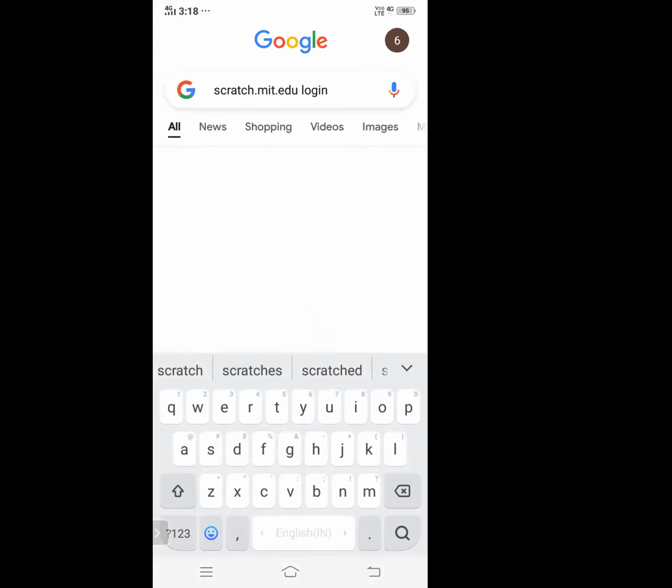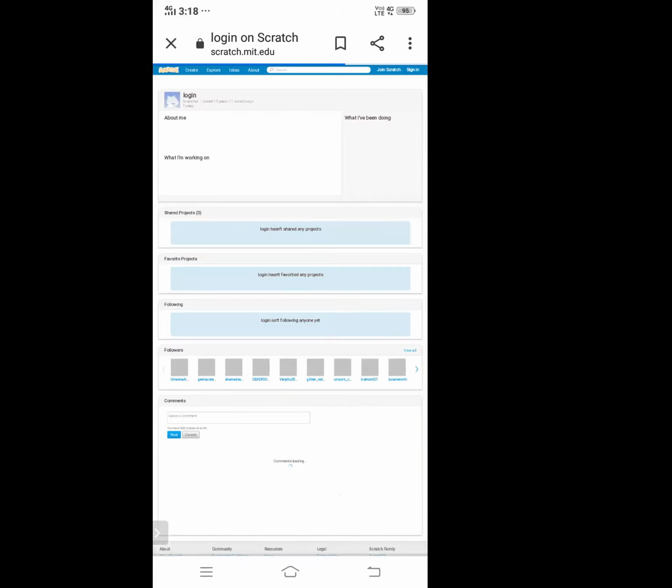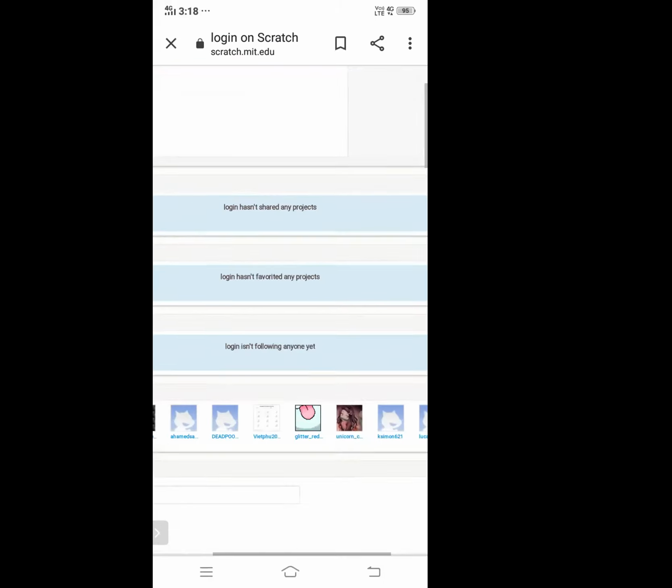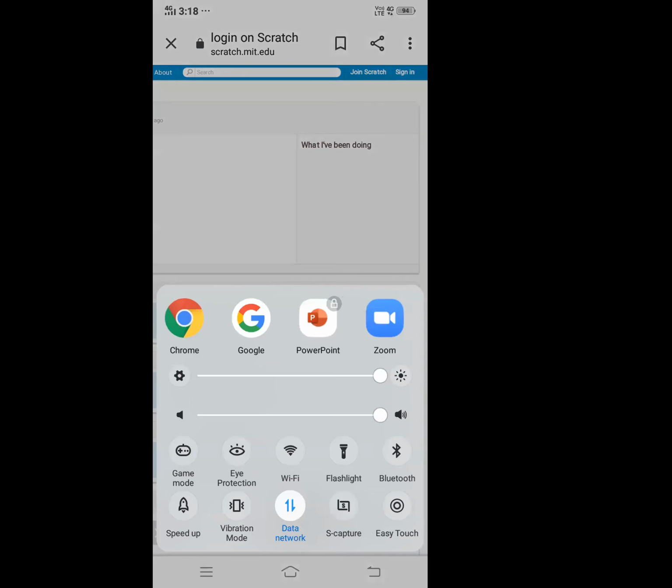Or we can simply click on edu login. And then here we can see the types of options in that. At first, we have to sign in on our Scratch with our Gmail account. Before signing in, we have to register in our Scratch with our Gmail account. So after signing in, we can see,